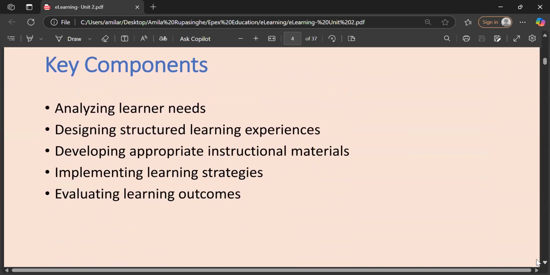Right. So if we want to create such kind of instructional design, we should know these key components. We have to go through these key components. First thing, we have to analyze learner needs. Basically, now just think, if we teach primary students, what are their needs?